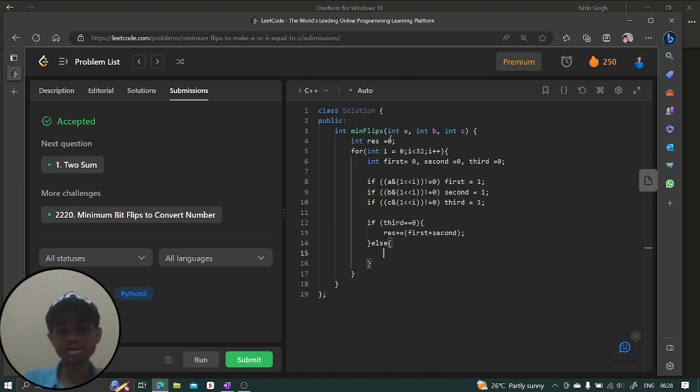Fine. Else what we are going to do? We are going to say that means third bit is 1, right? Third is 1. That means ith bit of c is 1. So what we are going to do? We are going to say none of the bits should be 1, right? Of ith bit of a and ith bit of b should not be equal to 1, right? So we are going to say if first plus second